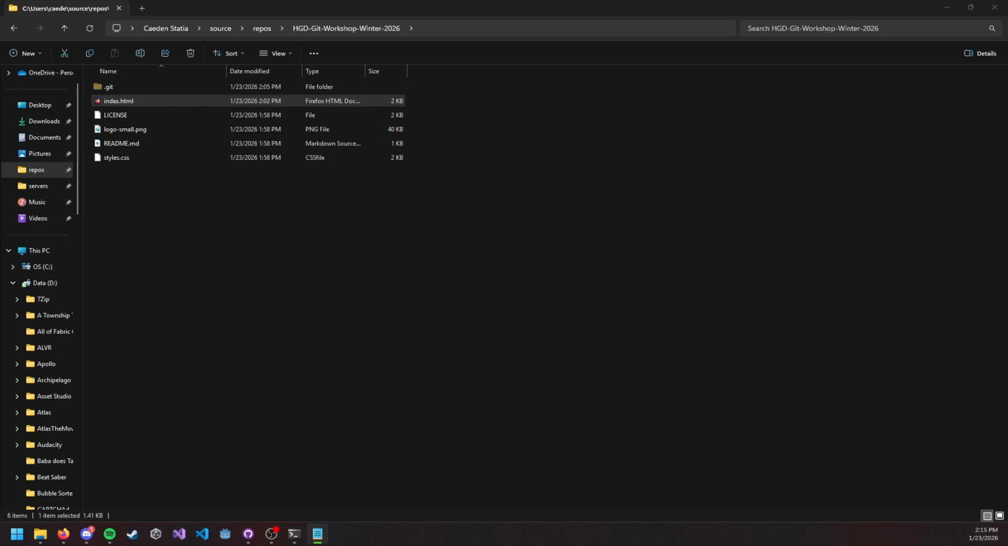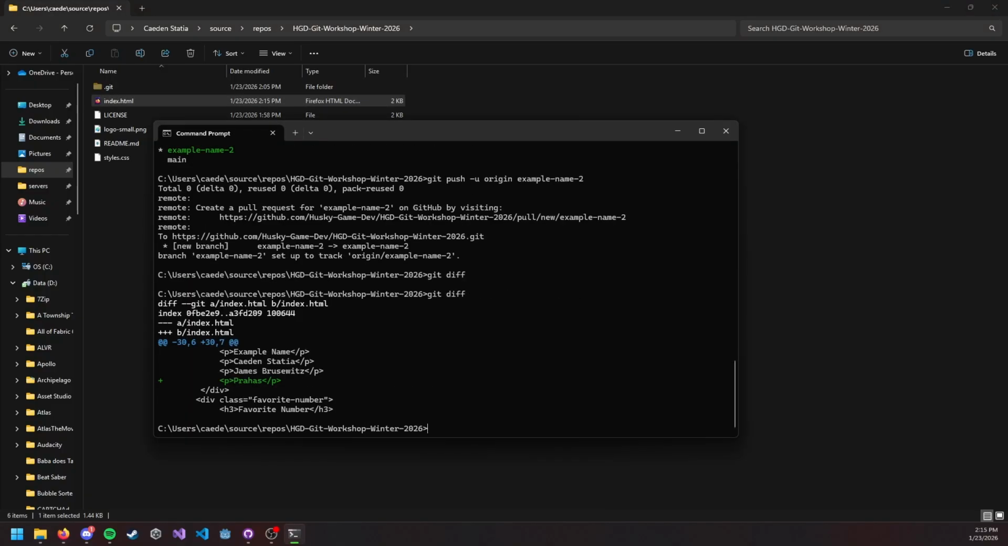I want to add Prahaz. Okay. Yeah. So if you go back to your command line and do git diff, you should be able to see that. Yep. Added Prahaz. All right. So now you commit in the GitHub